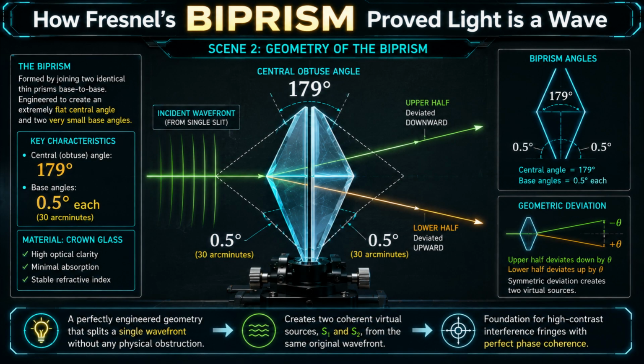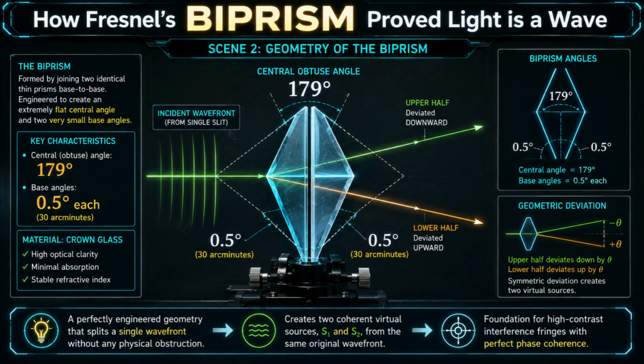Let us examine the central component of our apparatus, the biprism itself. This is not your standard equilateral prism. It is engineered by joining two thin, acute-angled prisms base to base. The resulting optics show a highly specific layout. The central obtuse angle is remarkably flat, measuring exactly 179 degrees. Consequently, the two remaining base angles are incredibly small, typically measuring just 30 arcminutes, which is equivalent to 1/2 of